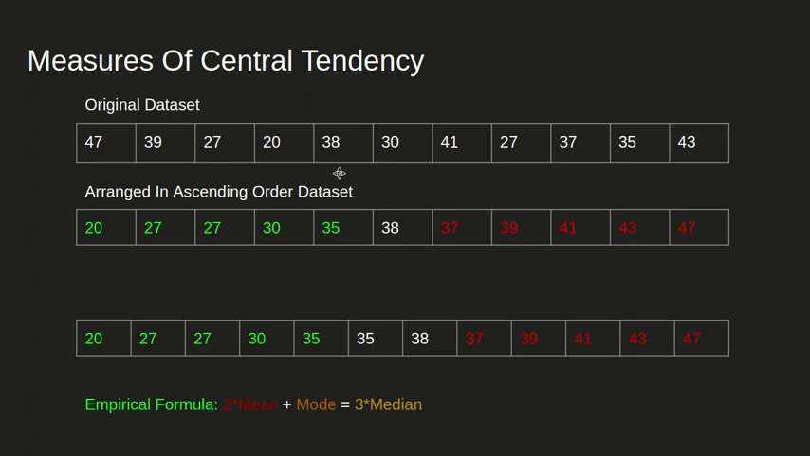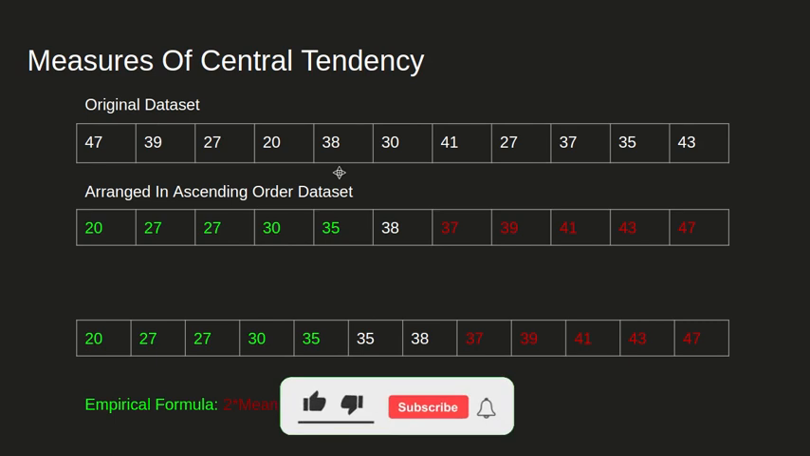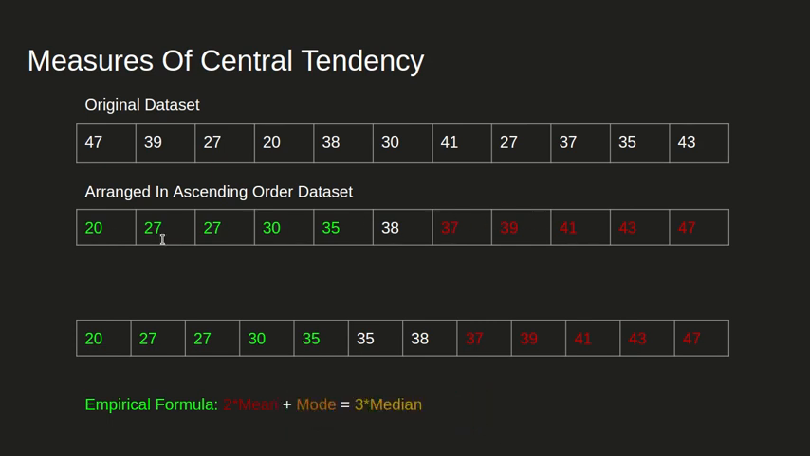Now let's go ahead and try to find the median. Median is when you arrange the data in ascending order. The middle part of that data is what we call the median. So I've arranged these numbers in ascending order, right? So 20, 27, 27, 30, 35, 38, 37, and then